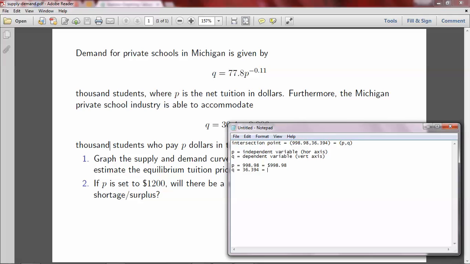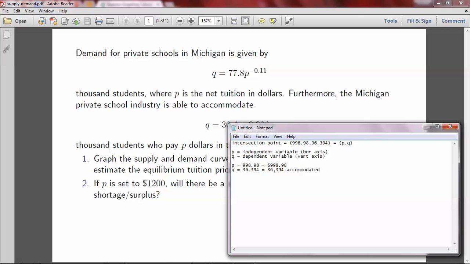And 36.394, remember Q has units of thousands of students, so I need to move my decimal point over: 36,394 students accommodated